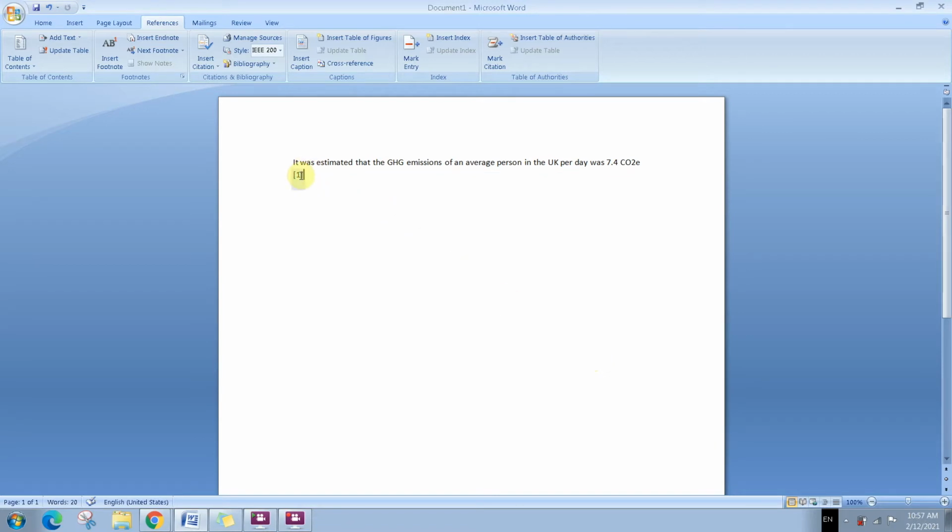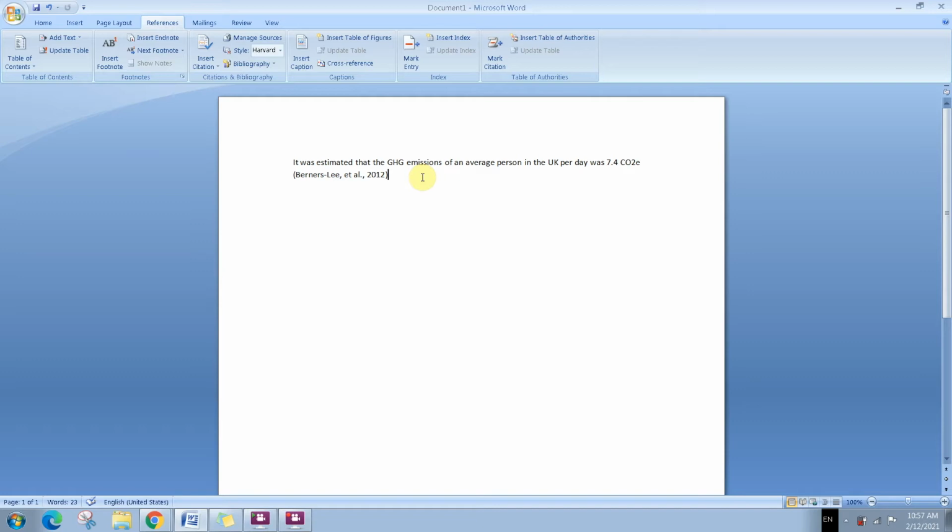Now, it inserted it. See the style? There are so many styles. This is the numerical style, but we want Harvard. So, you see, it automatically did Berners-Lee, et al., because there are more than one author, so you're not going to write all the authors in the in-text referencing.